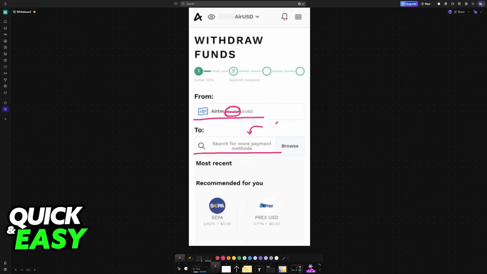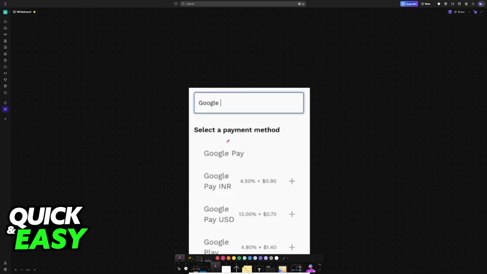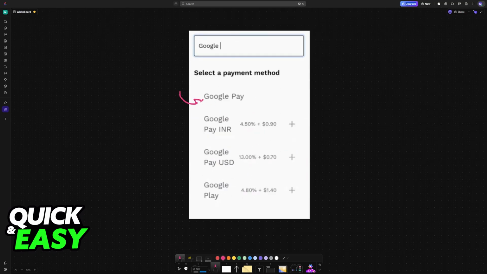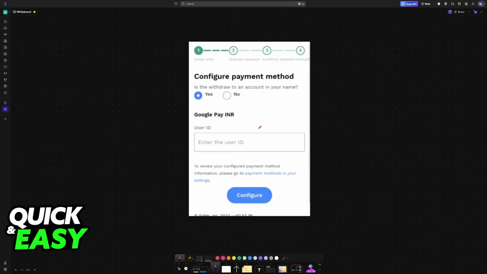So use the search function here and look for Google Pay. Make sure that you type out the full name. So type Google and it should appear here. So you will have Google Pay, INR, USD, and even Google Play. The ones that we are looking for will be these ones at the top, so you can choose any of them. Be aware of the fees included, and when you select any of these Google Pay, deposit, or rather withdrawal